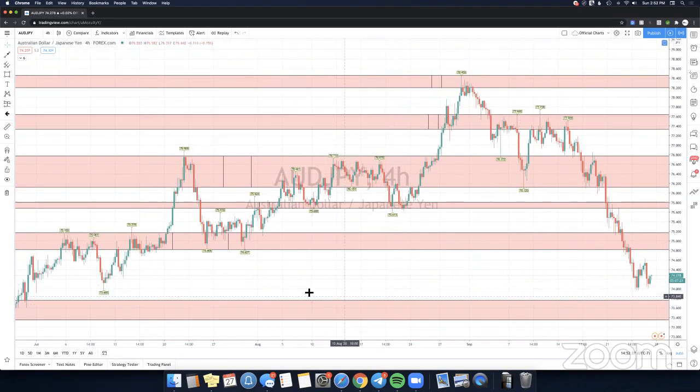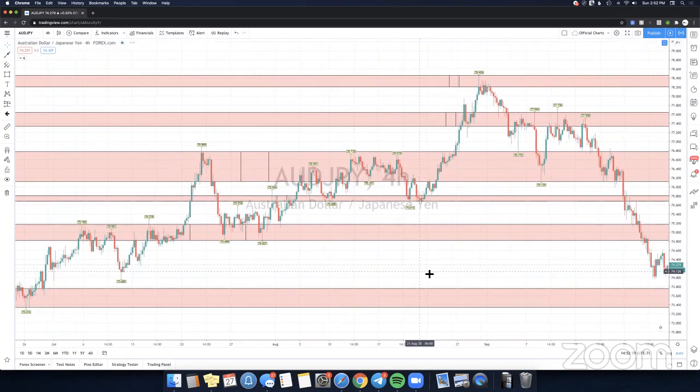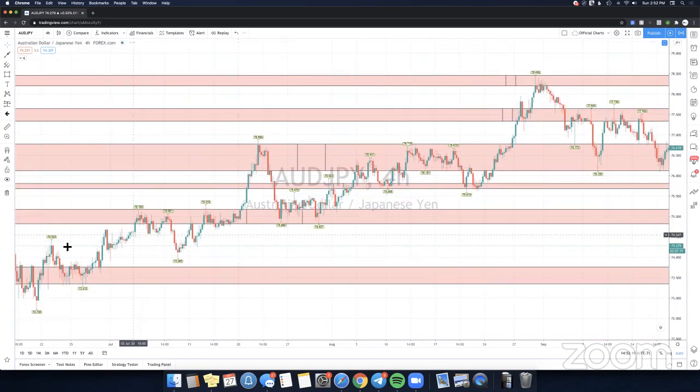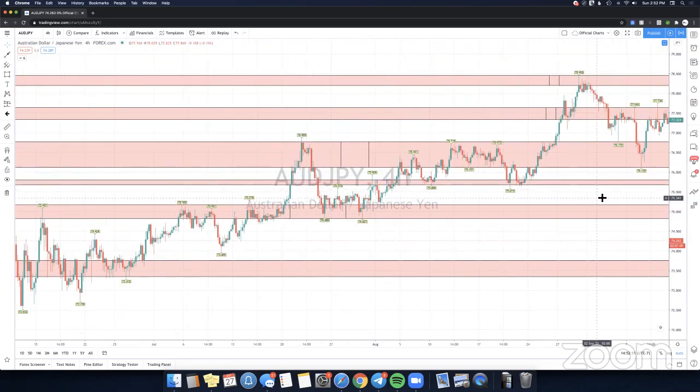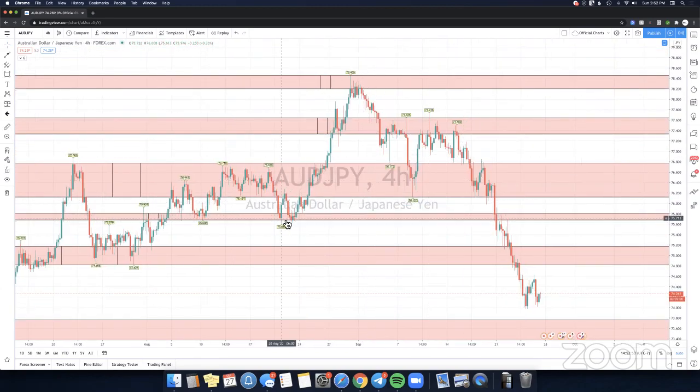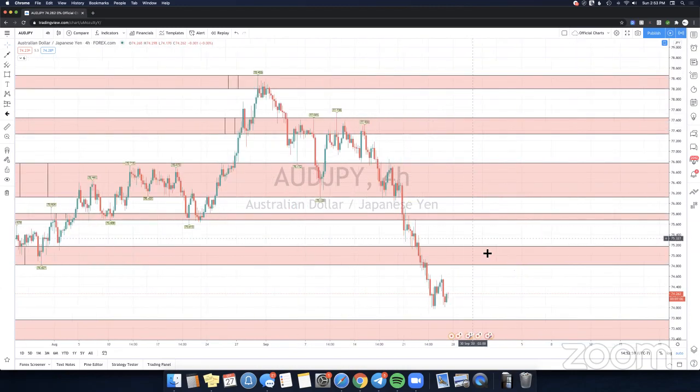So just looking at AUD/JPY right here, it's pretty self-explanatory. Like I mentioned before, price respects these zones pretty nicely. So obviously price came up, came down, tested the zone, literally went sideways for a bit, and then shot up, and then it just pretty much goes and tests zone after zone. So right here, it projected off this zone, came up, projected off this zone, and literally just bounces from zone to zone. So right here, price broke this area,